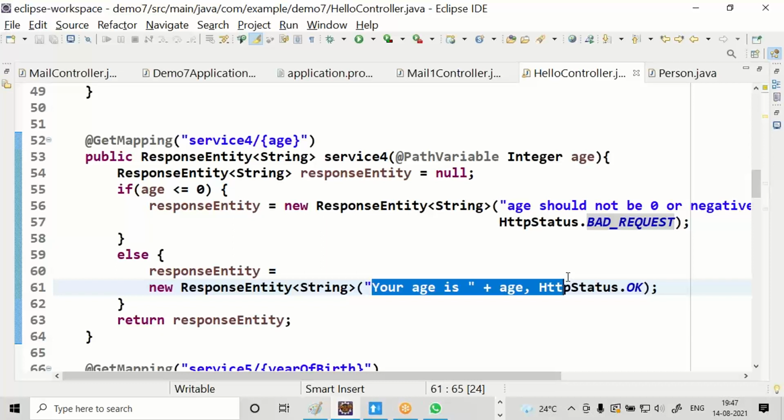It is receiving an age value. Nobody's age value is 0 or less than 0.